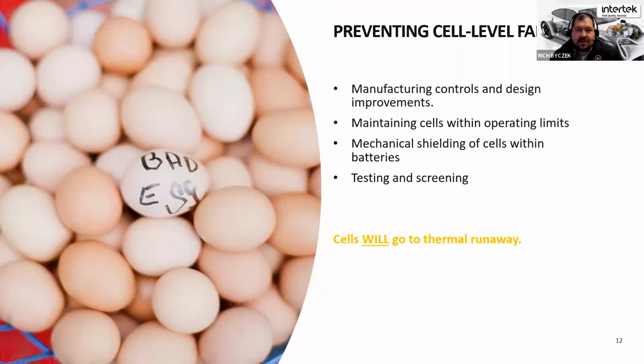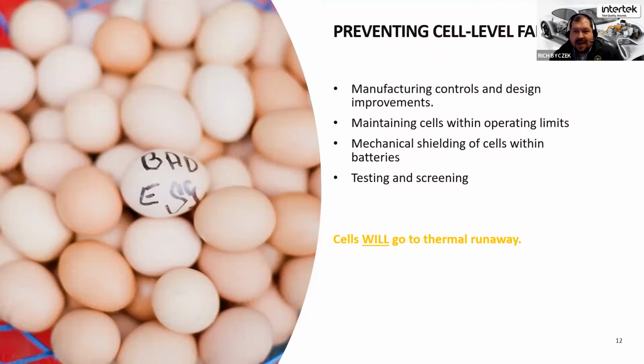Mechanical shielding. So we're talking about some of those mechanical stresses. How do we prevent the individual cells from seeing the effects of mechanical stress, like a crash event? How do we protect it by a more structured enclosure, et cetera? And then, of course, testing and screening. The testing, from a statistics standpoint, helps you to evaluate when you start to implement a design change that has a flaw in it, when you have a possible manufacturing defect, when you have a possible source of contaminant, or you have raw material issues where an anode, a cathode, an electrolyte mix, or something else within your incoming parts has its own defect.